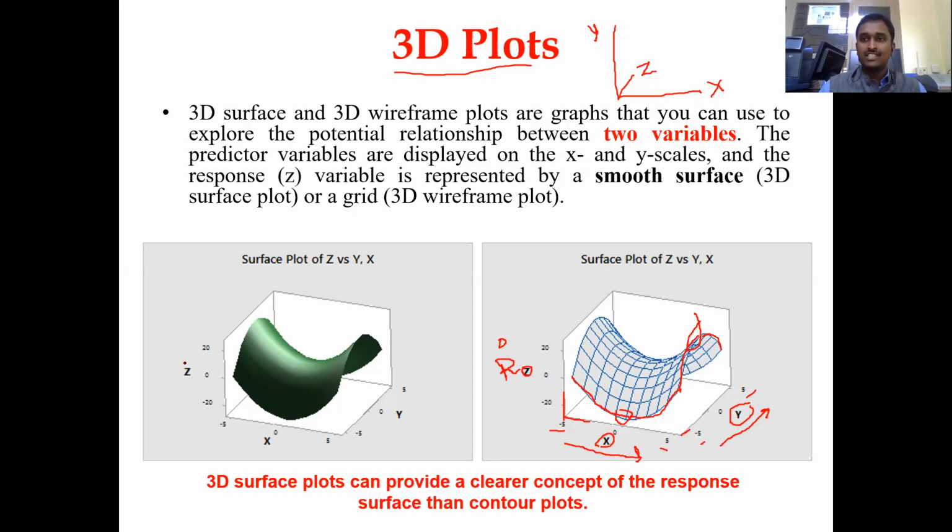Let us say I have taken 6 factors. But please remember, any two factors at a time you can see through the graphs. More than two factors you cannot see. Let us say here, instead of x and y, you can instruct the software, I want to know what influence factors a and b have on my response. Definitely you can see the graph structure change depending on the influence of the factors on the responses. But at any given point of time, you can take two factors and see the response at a time.